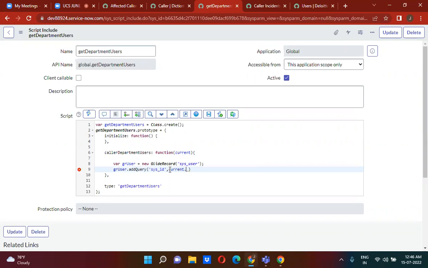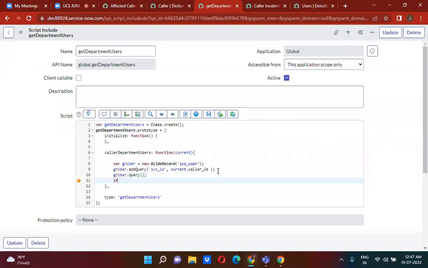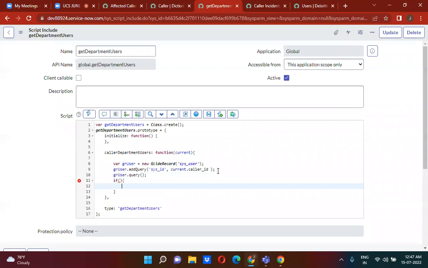So we know the SysID of the caller. How do we know the SysID of the caller? Using the current.caller ID field, you will get the SysID of the caller. Using that SysID, you are querying the user table. Okay. So here, if the record exists,